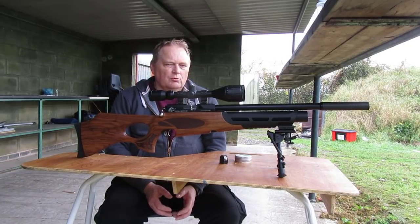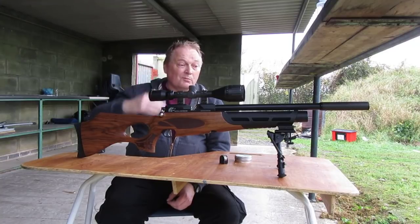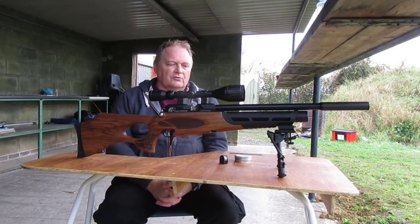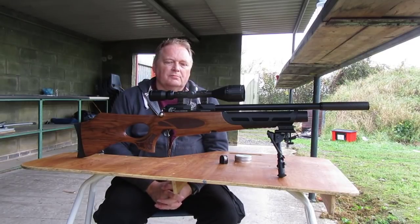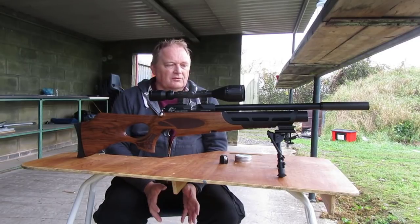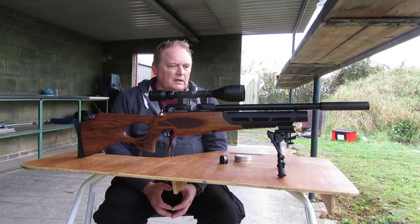The first Wolverine came out in a .303 version, and it was 100 foot-pounds or more. After a short time they decided to bring out 12 foot-pound models, and they came out with a .22 and a .177. This is a .177 version, belongs to my son Jake, and it was purchased from the Air Gun Centre